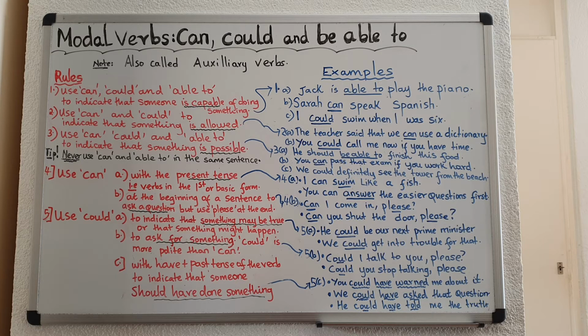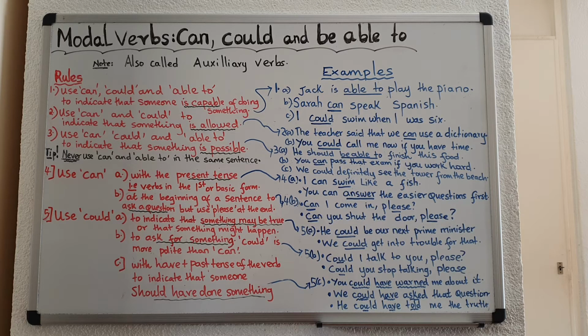So in all those examples, in number 1, you can use can, could, or able to. Jack can play the piano. Jack could play the piano. Sarah can speak English. Sarah is able to speak Spanish. Okay? Now,